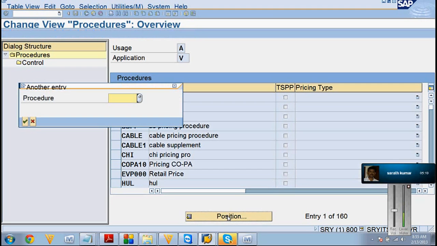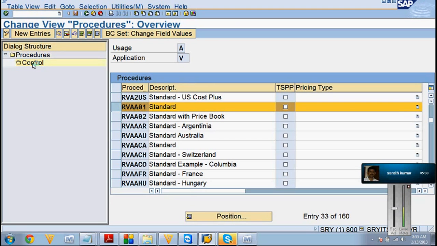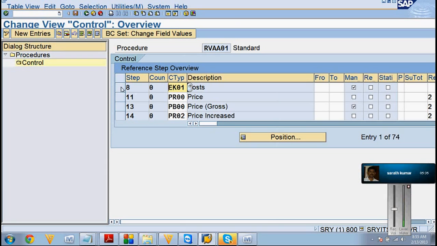The main procedure we generally see is RVAA01, and once we open this, you can see there are 16 control parameters within the pricing procedure for each condition type. How many? 16. What are those?